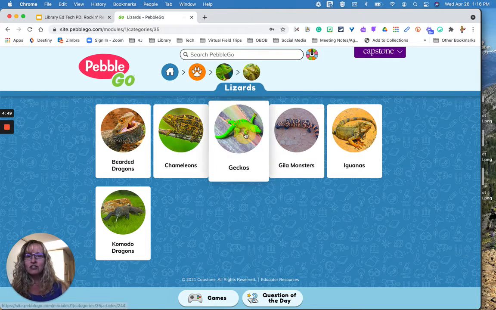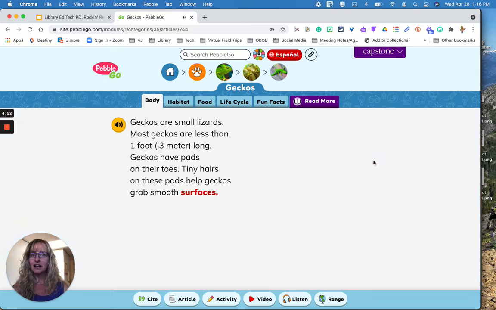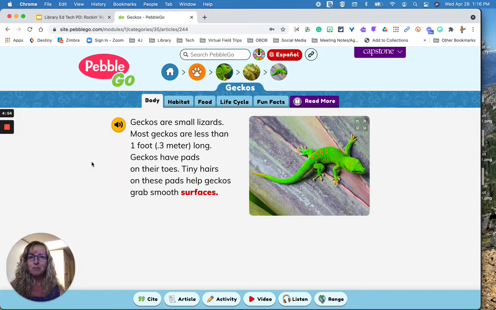And gecko. Then just so you can see what a card looks like of information, it breaks it down into body, habitat, food, life cycle, fun facts. It will do that with biographies too. It might have early childhood and accomplishments. So super easy. They can click this button to have it read aloud, and it's read aloud by a person